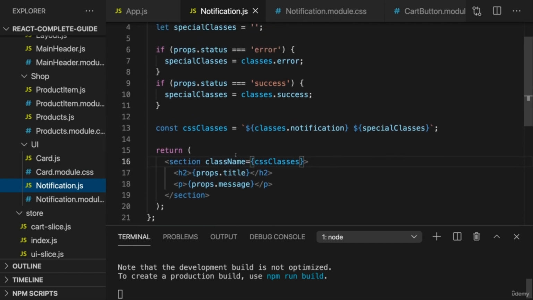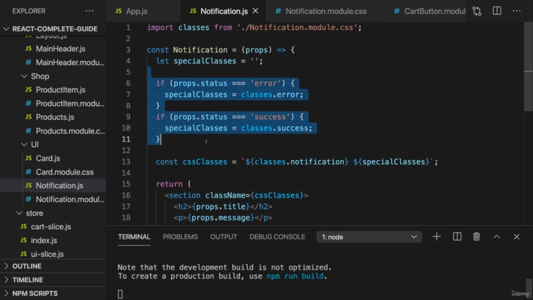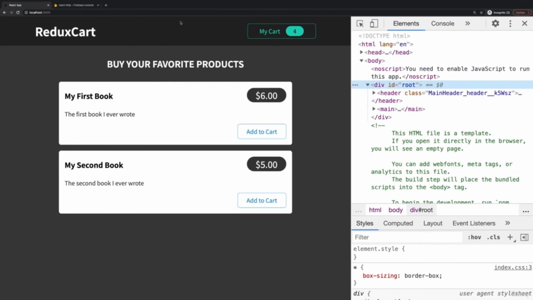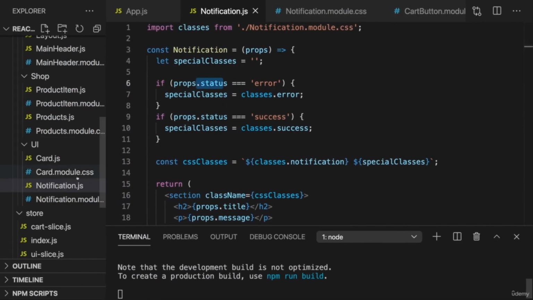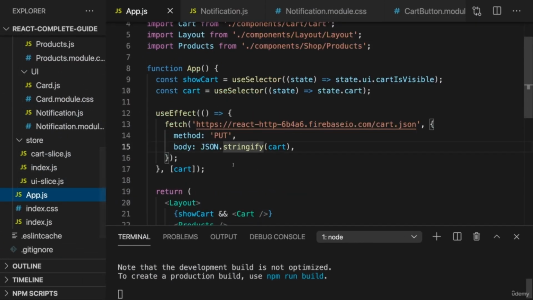It's a simple component that displays a title and a message, and that can assume different CSS classes based on a status prop. And then it's simply a little bar at the top which will show up, which can either say something like sending request, or once it's done, it can tell us if it was a success or if we have an error. Now, to use it with our current approach in app.js, here on fetch,